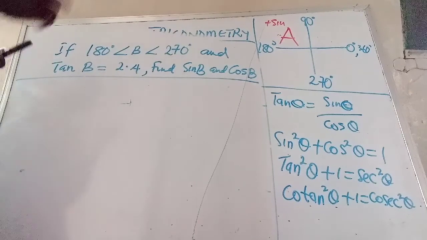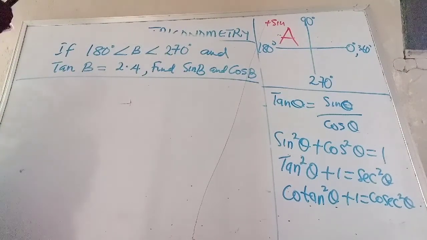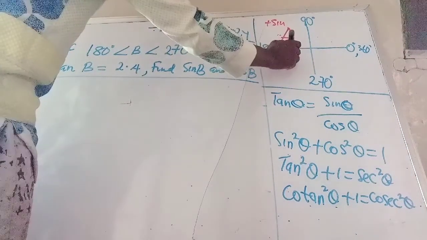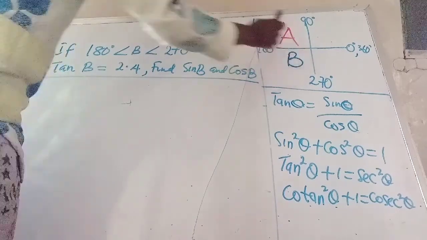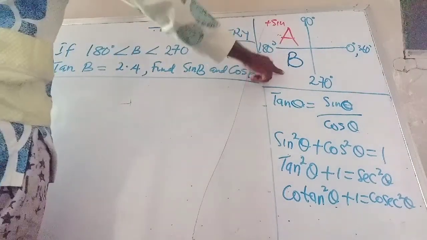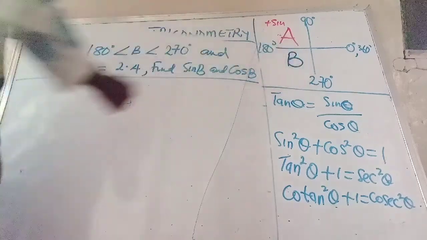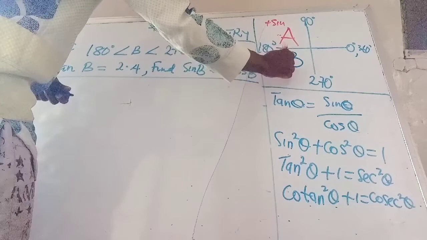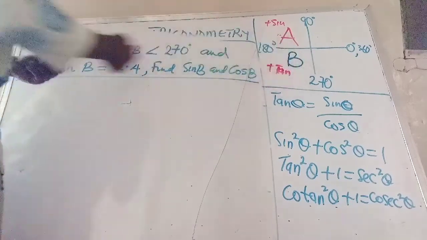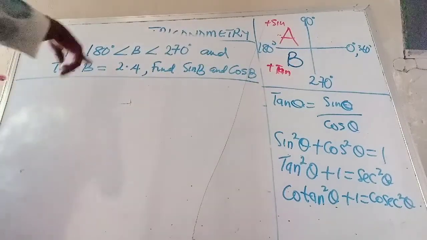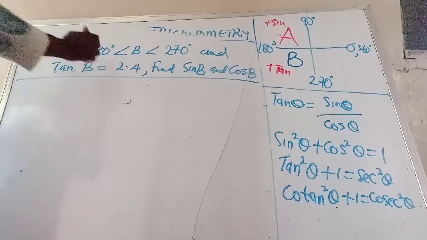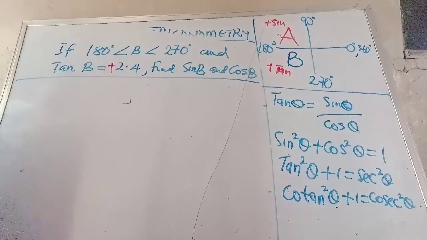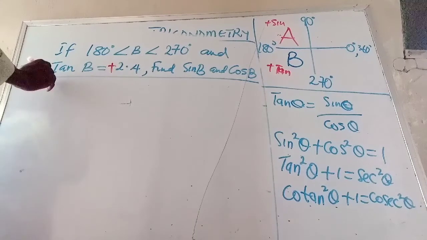So where would that fall in the quadrant? It will fall here, because here is between 180 and 270. And only tangent is positive there. Please take note of that. Only tangent is positive. So that means definitely this value I can put positive to it because only tangent can be positive. So that means tan B now,